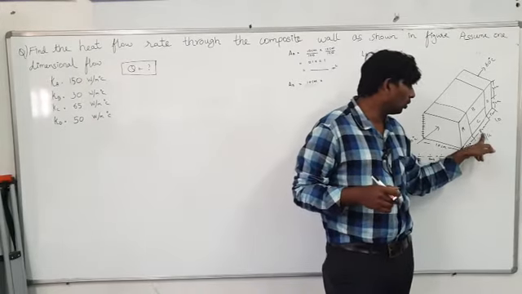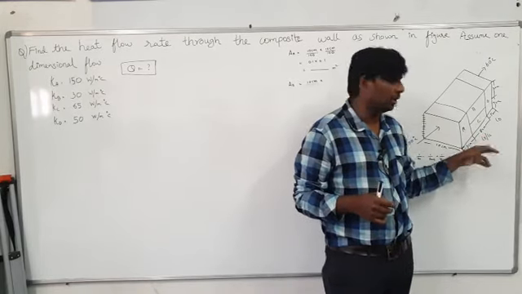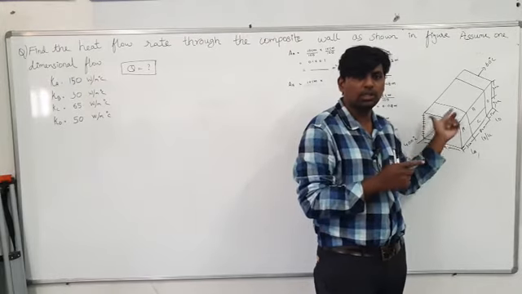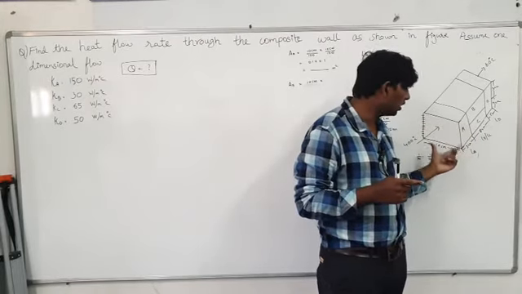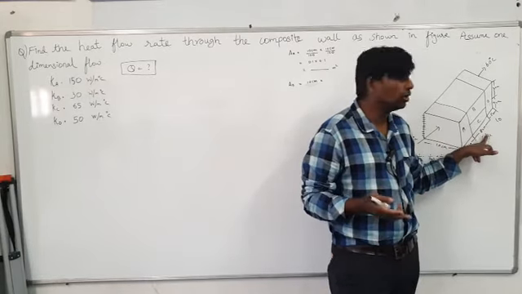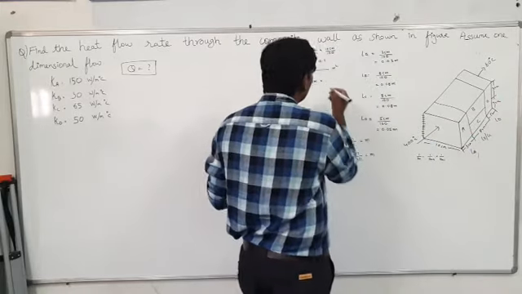You already took this 8, so how many remaining will be? 2 will be remaining. This is the constant for the entire figure, A, B, C, D. Next thing you have to find out: you already took the 8, so which one is left? 3 is there. So you have to take here 3 centimeter.